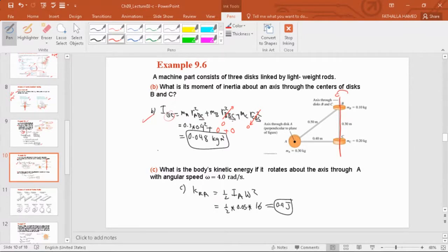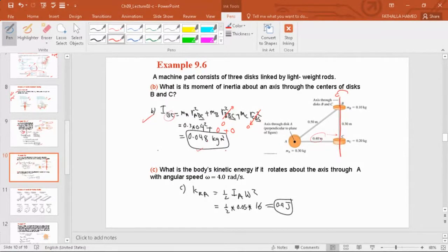MB, how far is it from BC? RB. MC, and how far is it from the line BC? Well, B and C are on the line. So both of them, their distance is 0. But A here, it is basically 0.4 away from this line here. So it is 0.3 times 0.4 squared, and that gives you